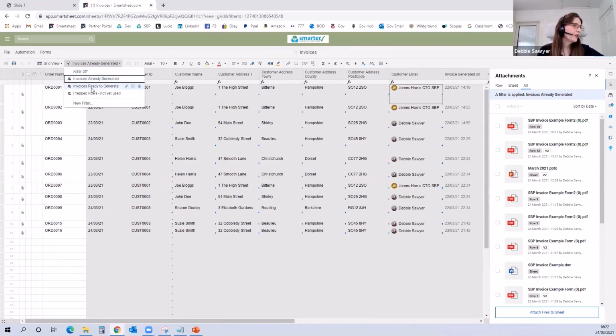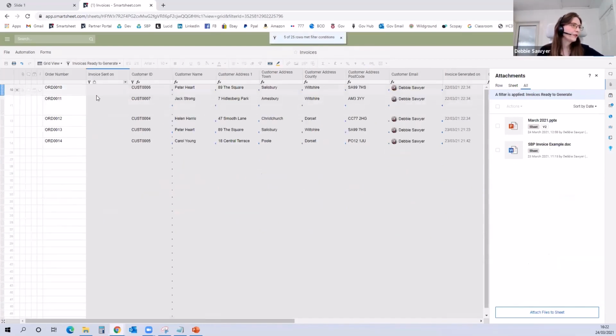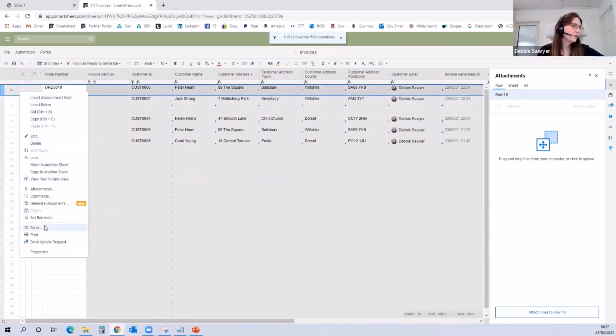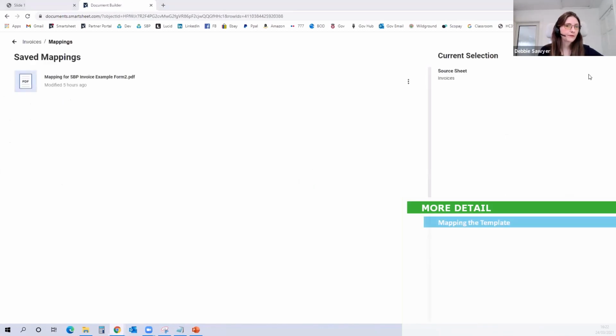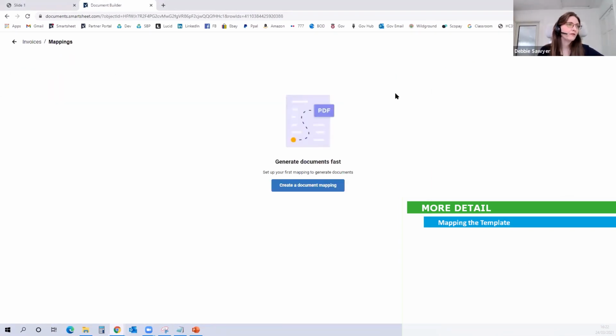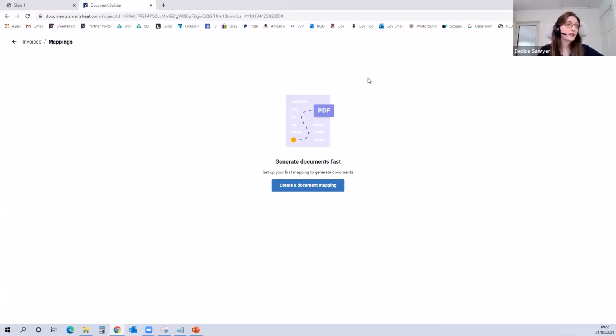If I just go to invoices ready to generate, I just had some pre-prepared. I just want to show how you do the mapping of your columns in the sheet to the template that you've just generated through your fillable PDF. So if I go to generate documents, I already have the mapping in place, but I'm going to delete that current mapping and do a remap. So now the sheet doesn't know which document to use, so I'm going to create a document mapping,